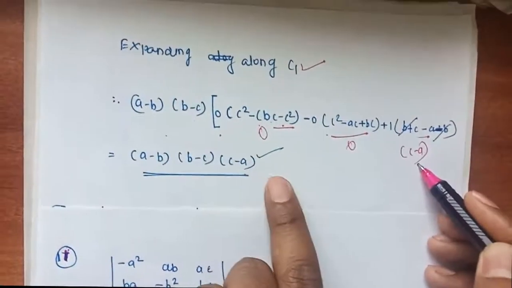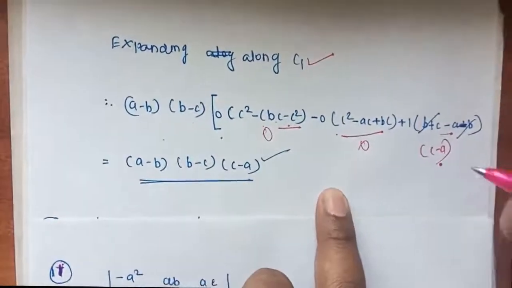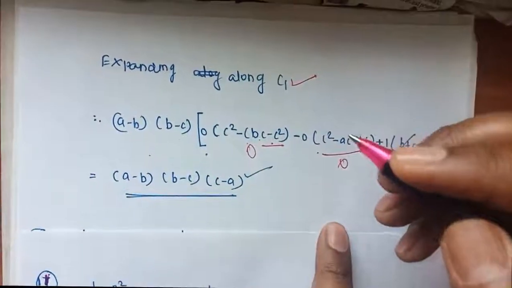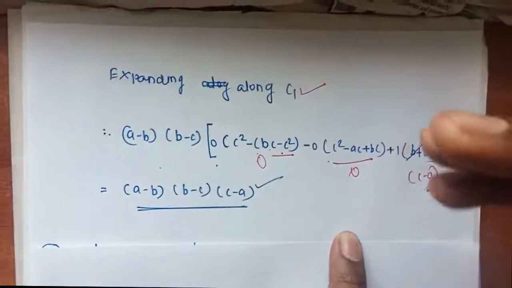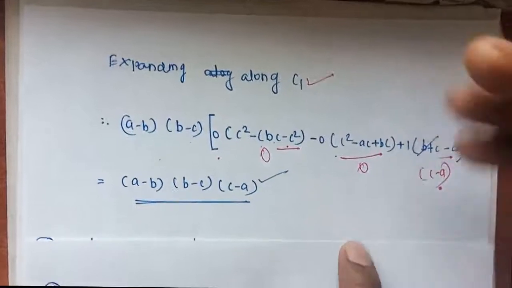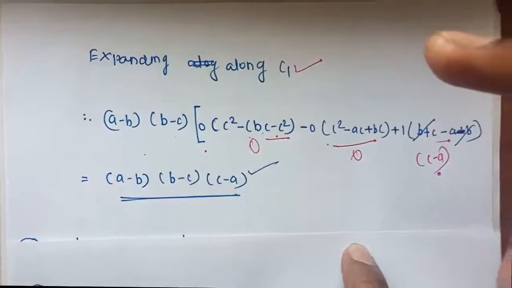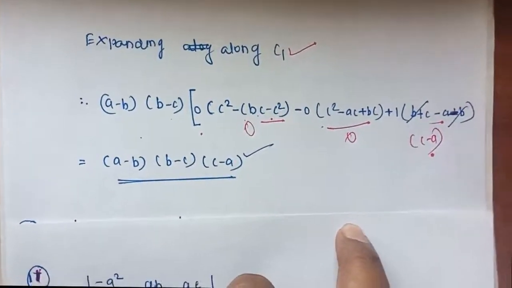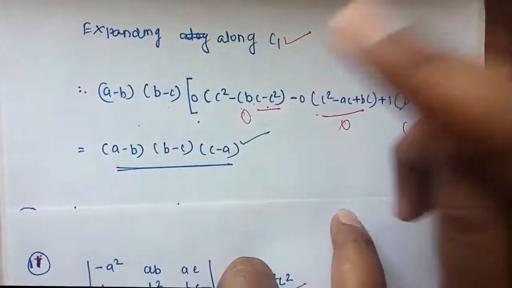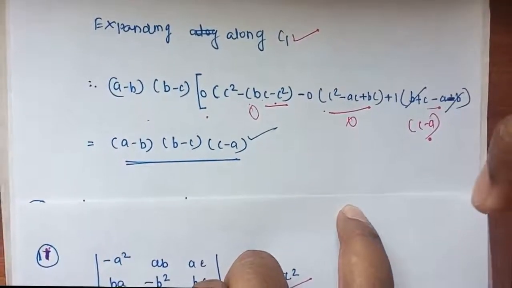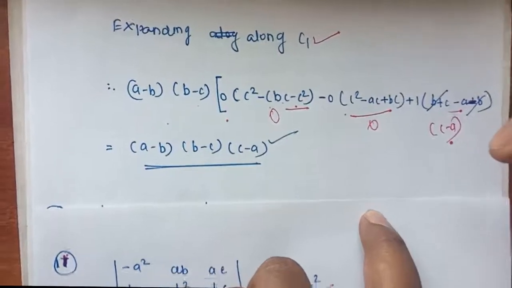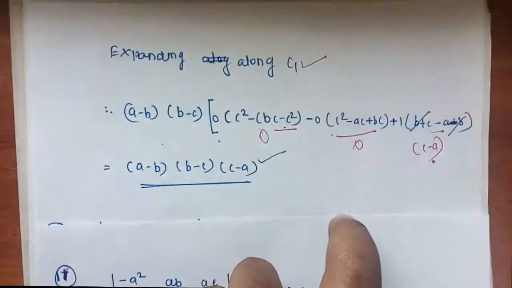So in this way, first use the row or column transformation, solve the determinant and make it simpler, and after it becomes simple, just solve by expansion. But remember, while solving this one, you should always look at what is the proof you wanted. If you concentrate on that, it is easier to solve the problems.